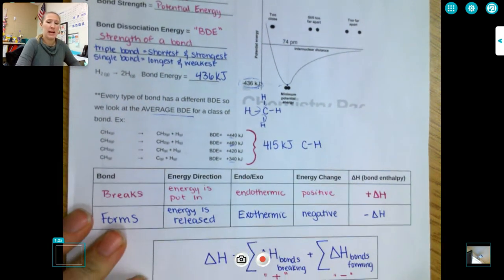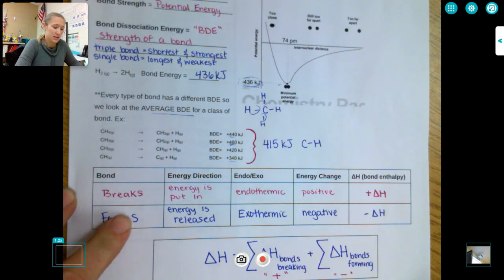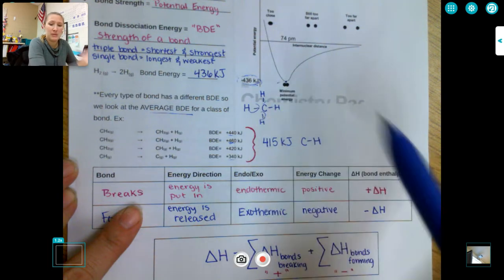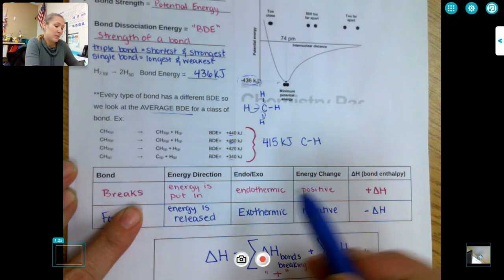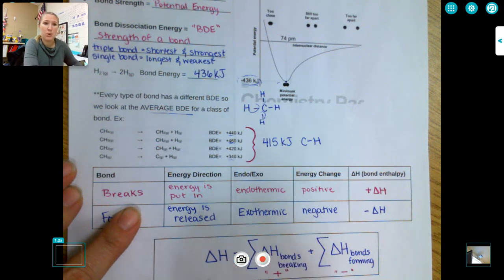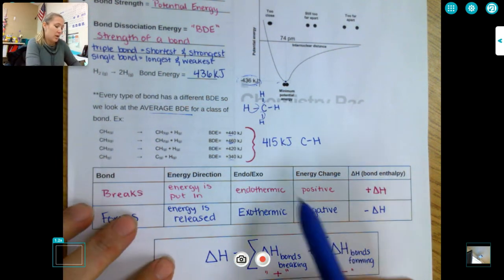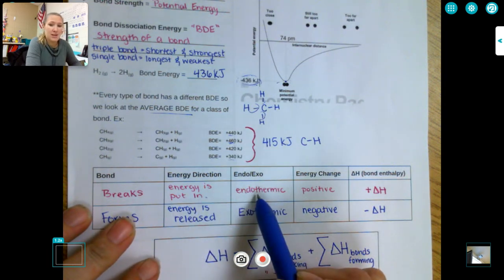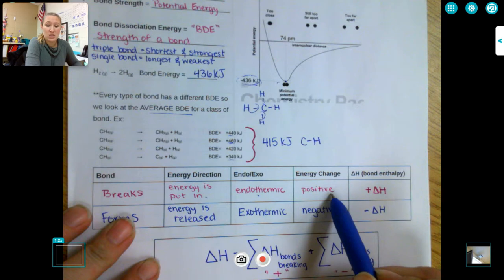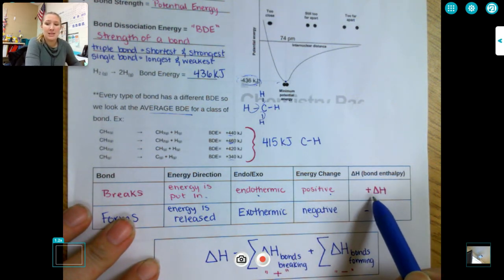Now let's think about what happens if we break a bond versus forming a bond. To break a bond, remember, bonds are happy. They're at this minimum potential energy. They want to stay there. So it takes energy to break a bond, right? We have to put in energy to pull them apart, to break them. So if I have to put energy in, that makes it endothermic. My change in energy is positive because I'm putting energy into my system, which gives me a positive delta H,